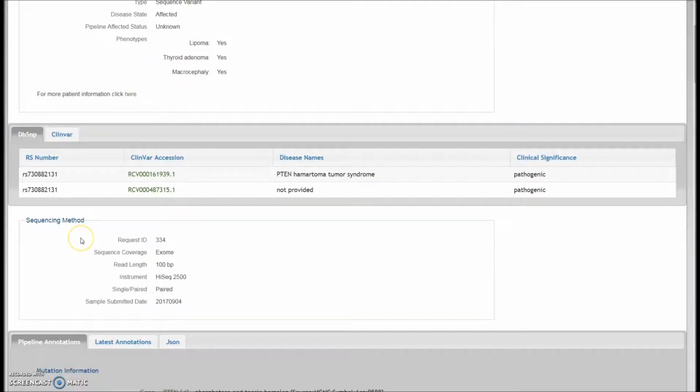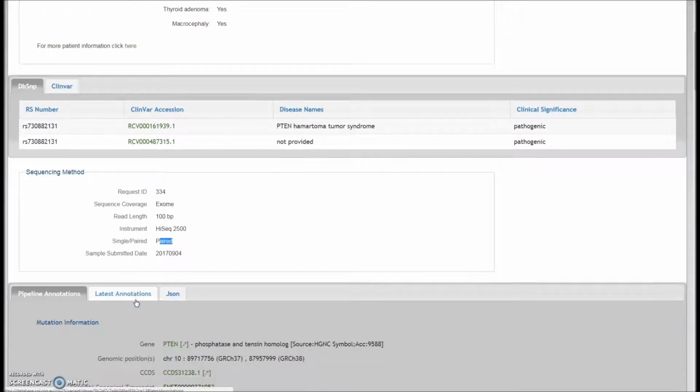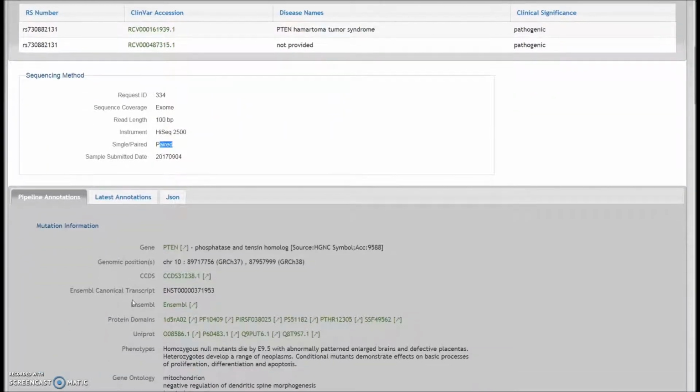Further down, we have details about its sequencing parameters, such as exome or whole genome, read length, the instrument that was used, single or paired, and the date when the sequencing was first requested. Next, we have variant annotations in two separate tabs. By default, we show the annotations from our bioinformatics pipeline, which includes